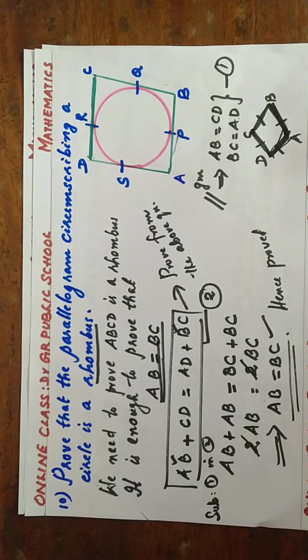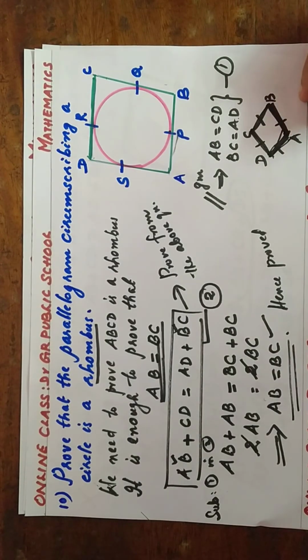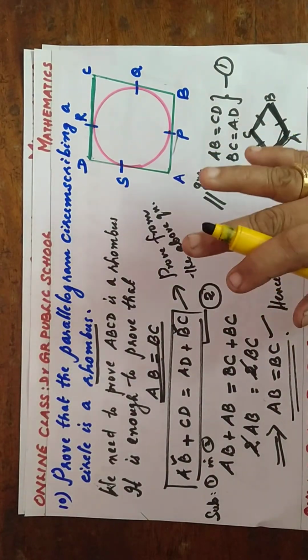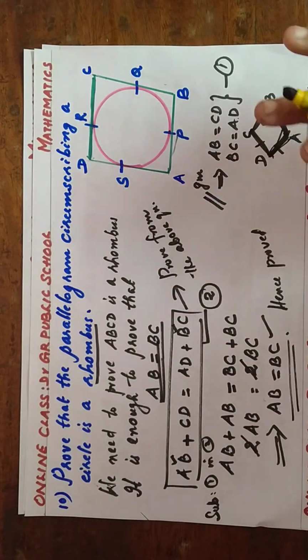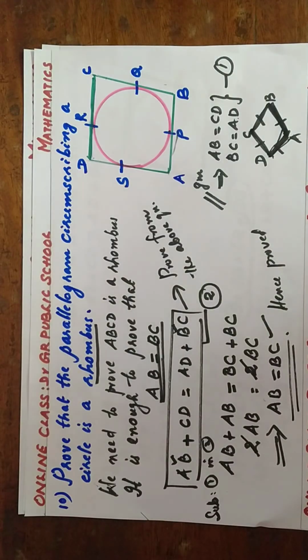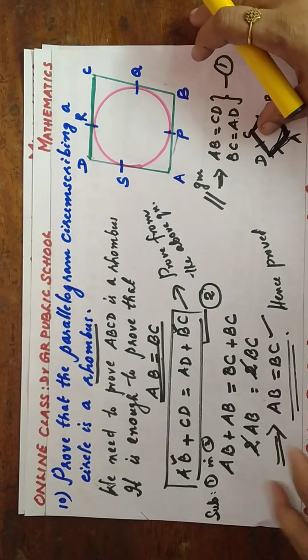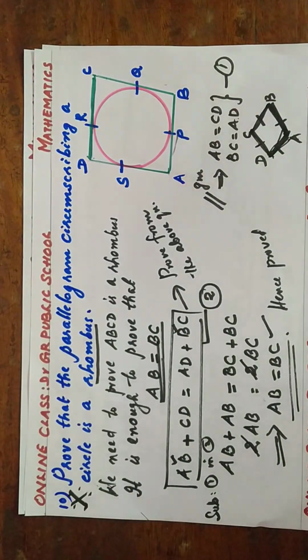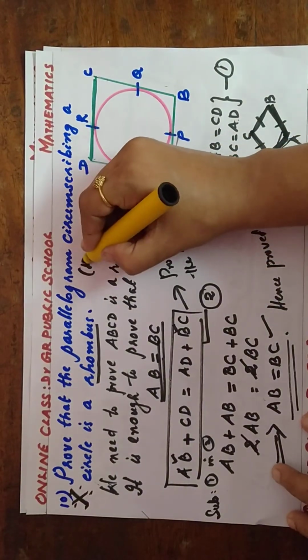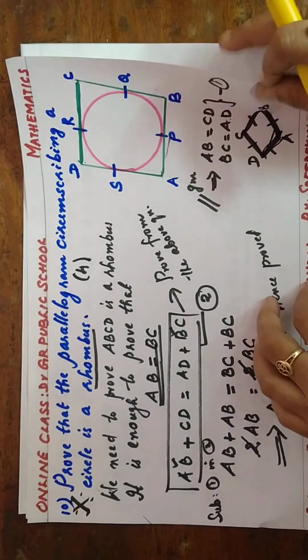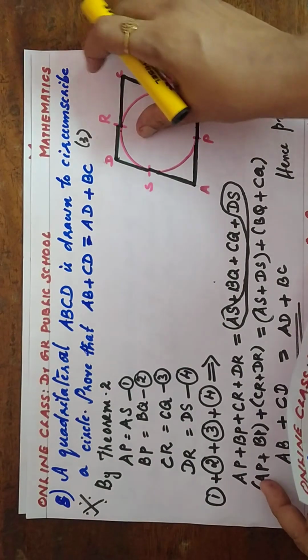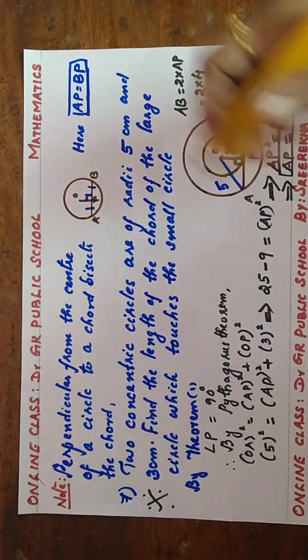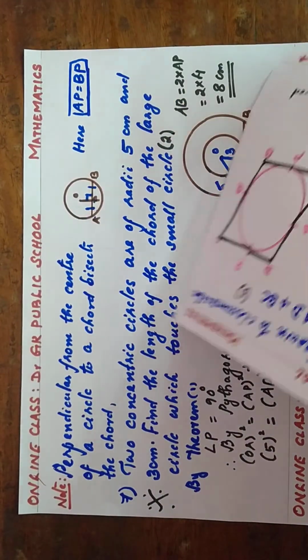Any doubt for anyone? If you have any doubt, you need to clarify it with your concerned math teachers. We wish to give homework based on this section. All these are theorems. Study theorem 1 and theorem 2 very well and go through all these problems. These 3 problems which I discussed in this video seem to be very important for the board examination. Actually, this is a 4-mark question, and the last question, question number 8, is a 3-mark question. And this question is a 2-mark or 1-mark question as per the board pattern.